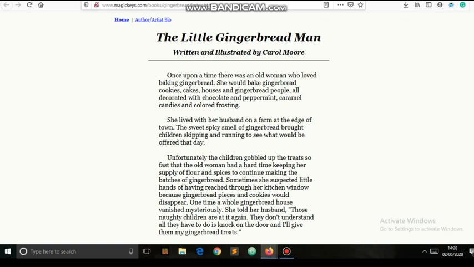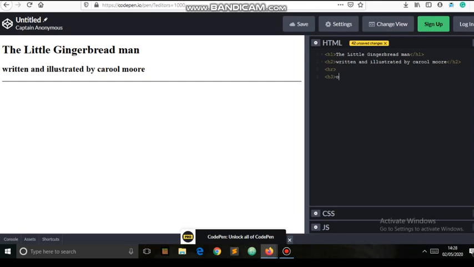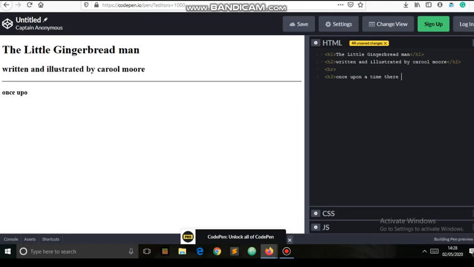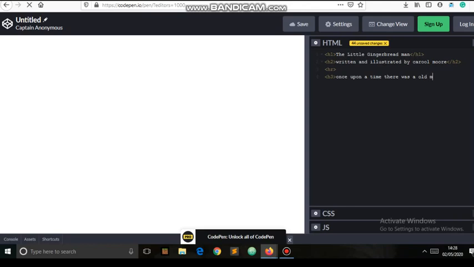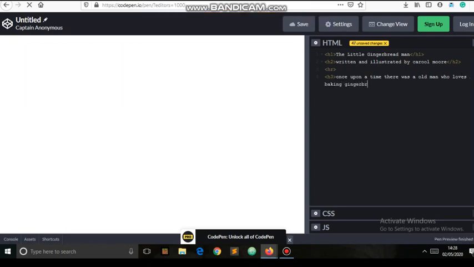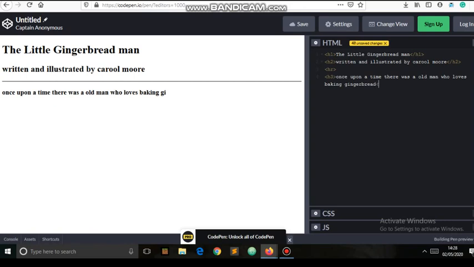That is, once upon a time there was an old man who loved baking gingerbread. So I have written it here and properly closed the tag.